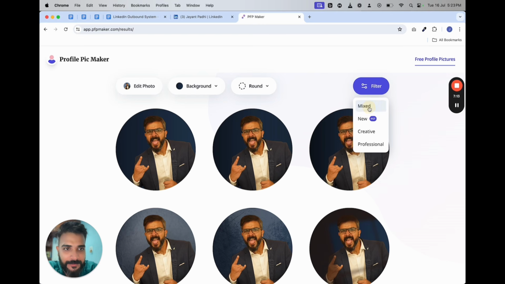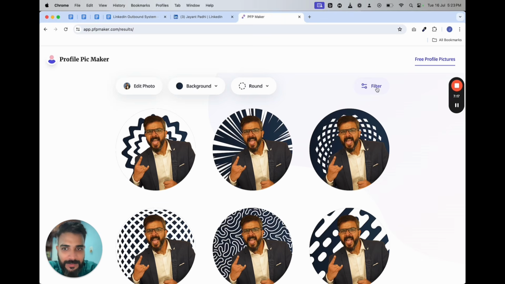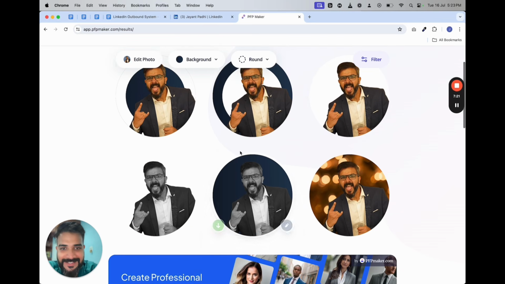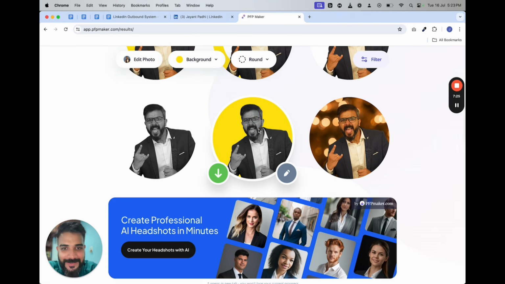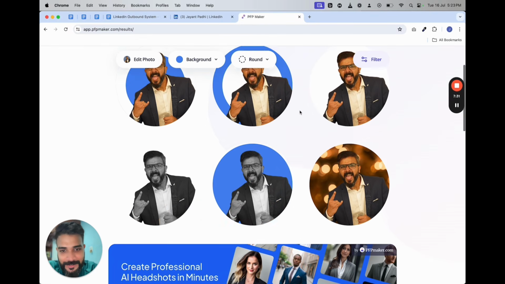Let me see. Nah, doesn't look good. Now this looks nice. Maybe I can make it a little bit yellowish. See, this one looks so nice. I might want to consider this. Let me see if I can make it blue.